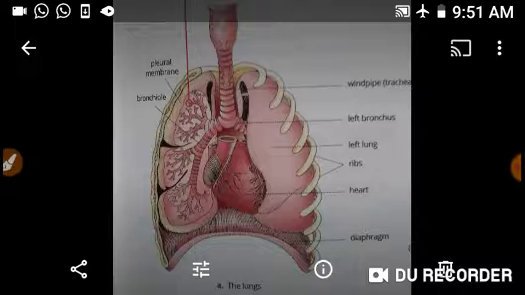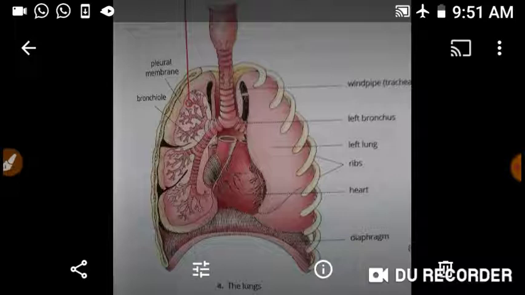The broader surface of the lungs rests on a sheet of muscles. A shelf-like structure is in the body, what we call diaphragm. It forms the floor of the thoracic cavity and separates thoracic cavity from the abdominal cavity. Because body has been divided into two cavities, the upper region is called thoracic cavity and the region below diaphragm is called abdominal cavity. The lungs are covered by two membranes called pleural membranes.